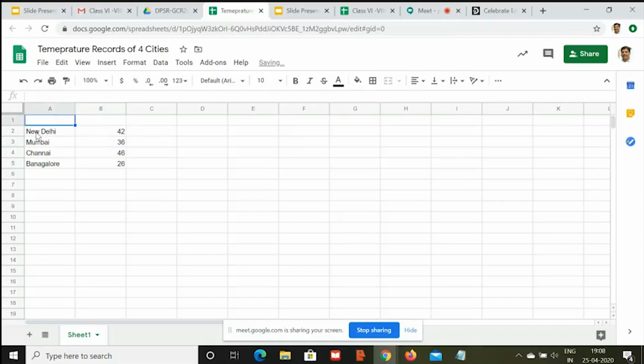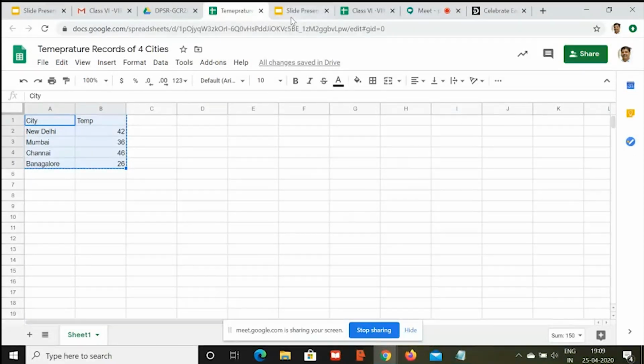And we write a heading of this as city, this as temperature, and we want to discuss about temperature in the class. So I have this Google Sheet ready with me, and I want to make use of this Google Sheet in the classroom, okay, in the presentation of ours. So what I will do, I'll just select this portion of the sheet. So how did I select? I just moved my mouse pointer on the right side, down, down, down, and we have selected the entire portion, and we pressed Control and C together. So this portion of the Google Sheet is picked up from here.